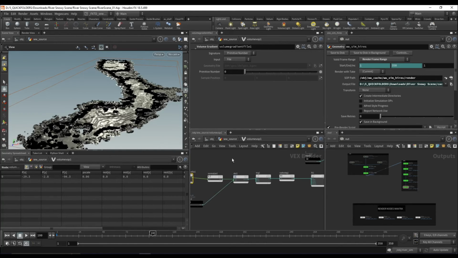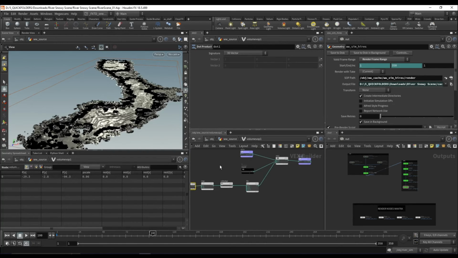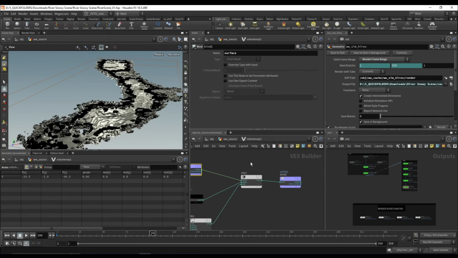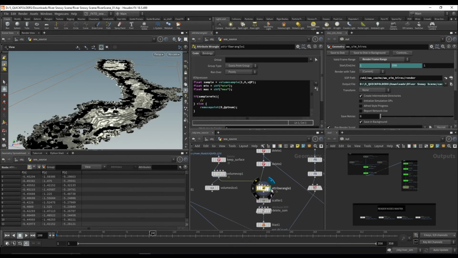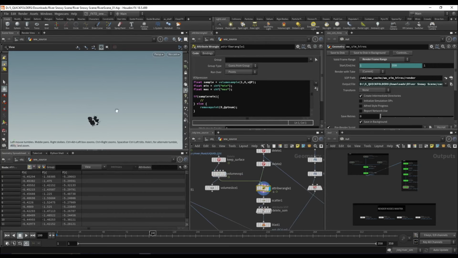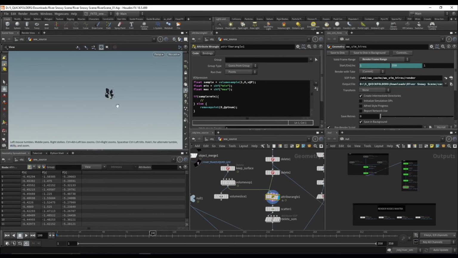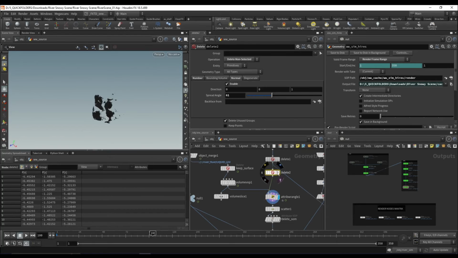So here I'm calculating the gradient, the dot. Basically, I'm going to save some attributes on this surface, and then here I'm looking for the